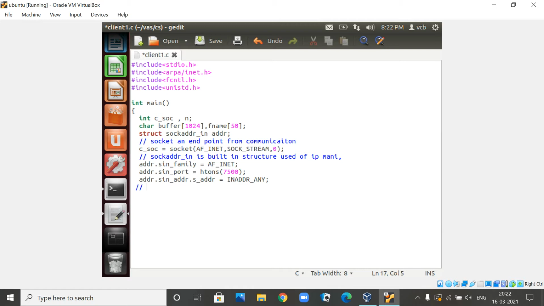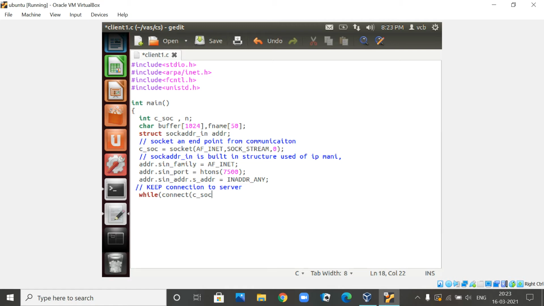So you are supposed to connect to the server. Now how are you going to do it? You are going to use a function called connect, right? We use that in a while loop, so we'll say while connect. This is your function, connect. Now you are going to connect to your socket, right? What is the variable we have used for socket? We have used c_socket.